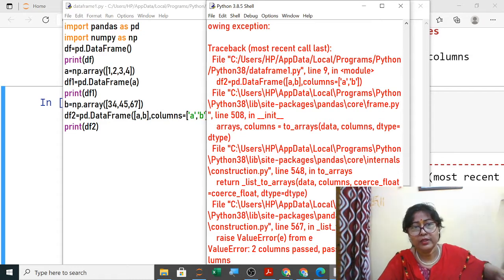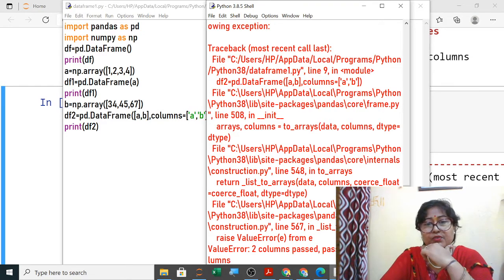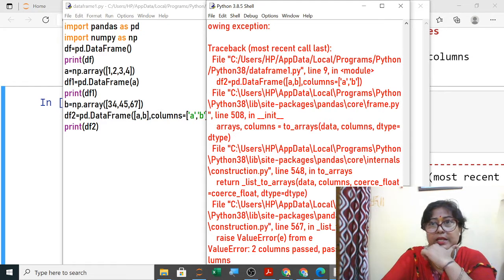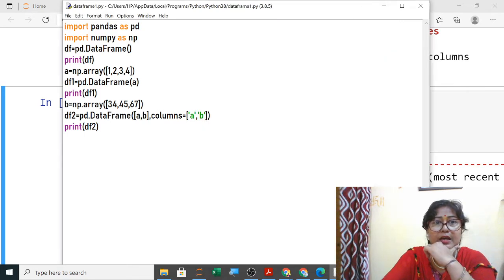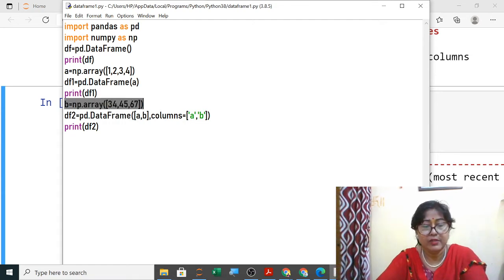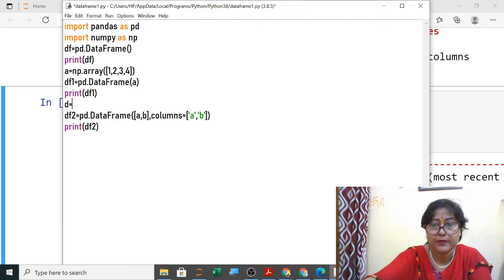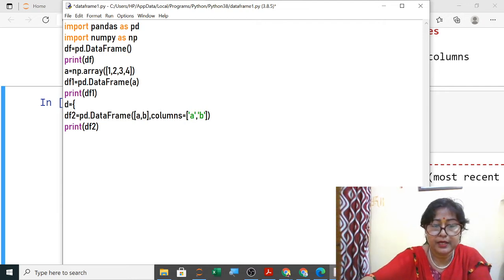Okay, so here also it is showing an error, so we will remove this. It was given in the NCERT book, but I am removing it. I will use the dictionary method for this. So here I will use the dictionary method, curly braces.